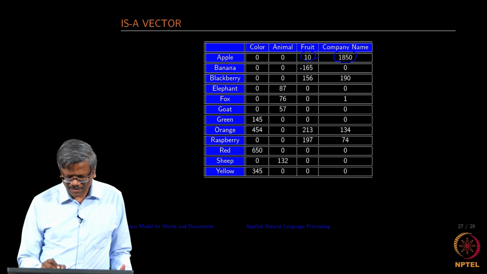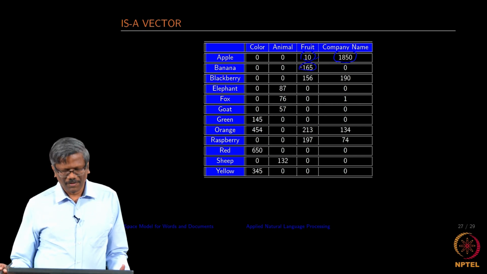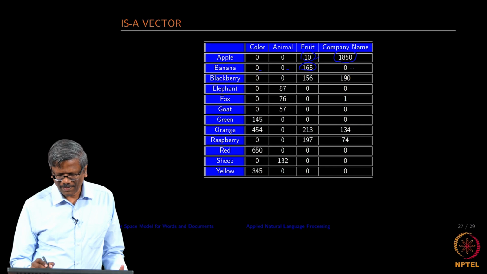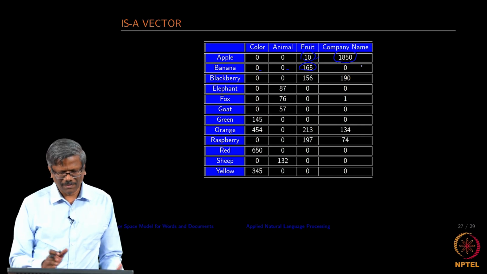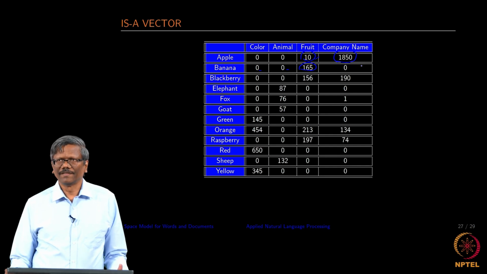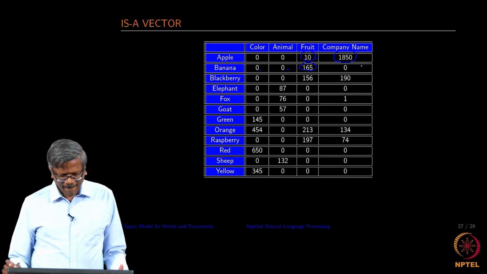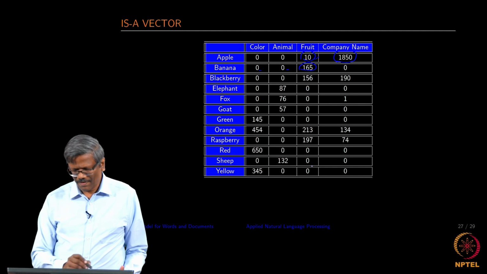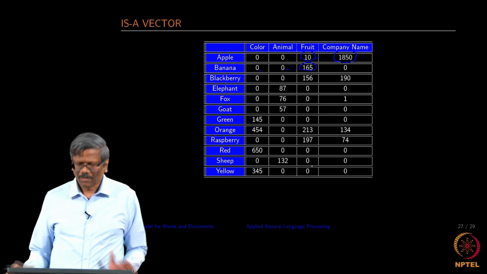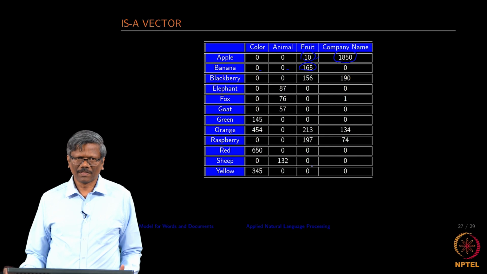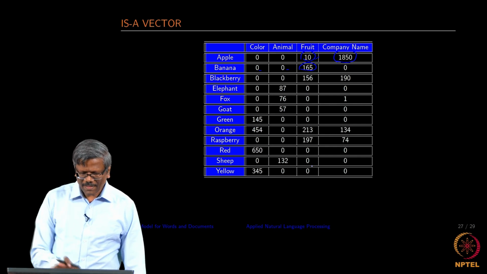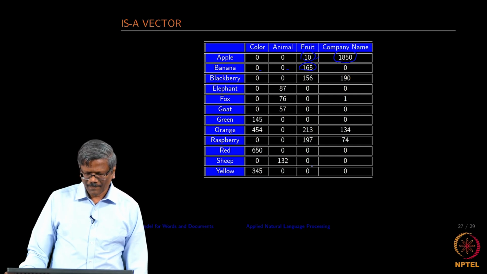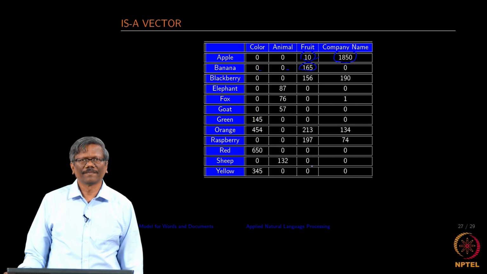Okay. And then you search for banana, it is not a color, animal and so on. So, I am just creating a vector, a matrix, with respect to the is-a relationship here. Okay. So, in this way I have created my matrix. Why is this, and what is the use of this particular one? Let us see. Once I have created this, if I search using, let us say, apple as my keyword,